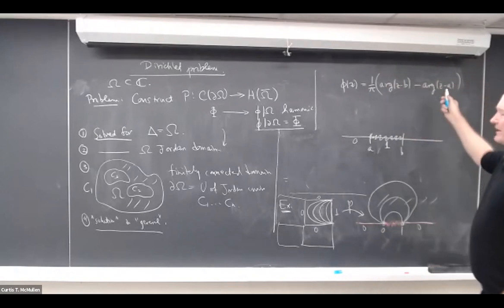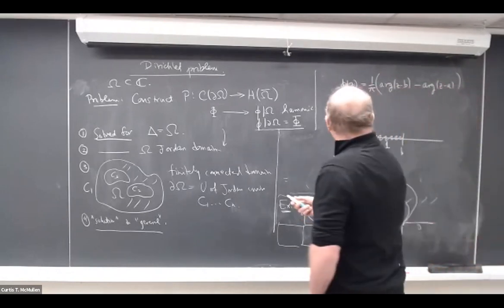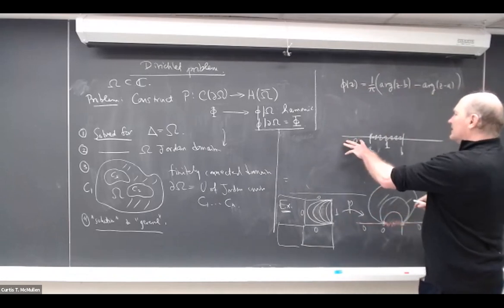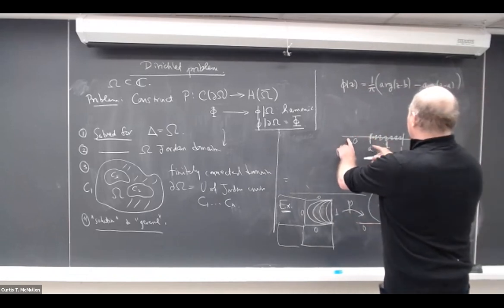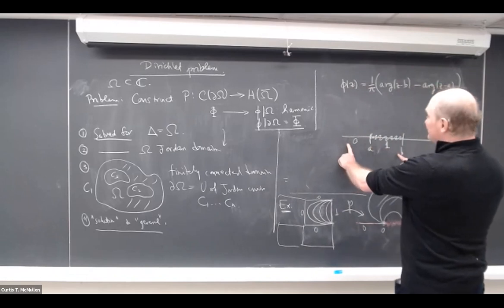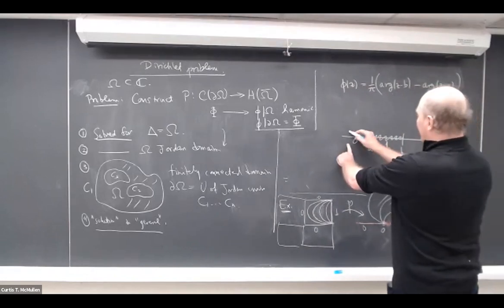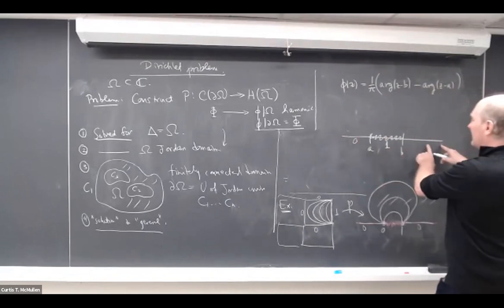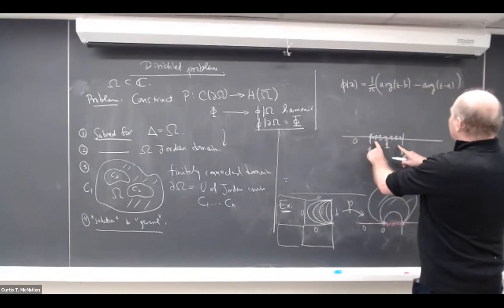So both of these arguments are harmonic functions, as we've seen. And on the boundary, if you're over here, the argument of z minus a and the argument of z minus b are the same, because an arrow from z to a or b points in the same direction. Similarly here, but in between the